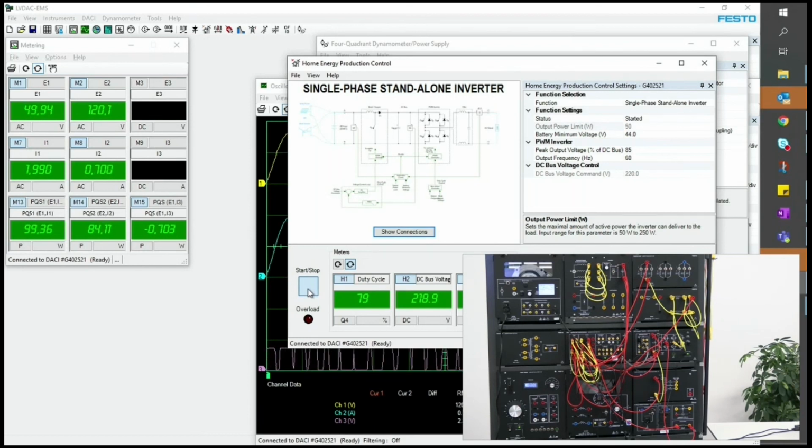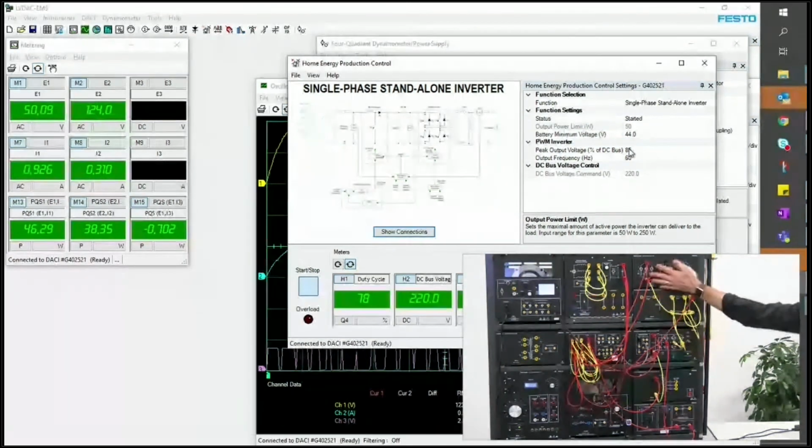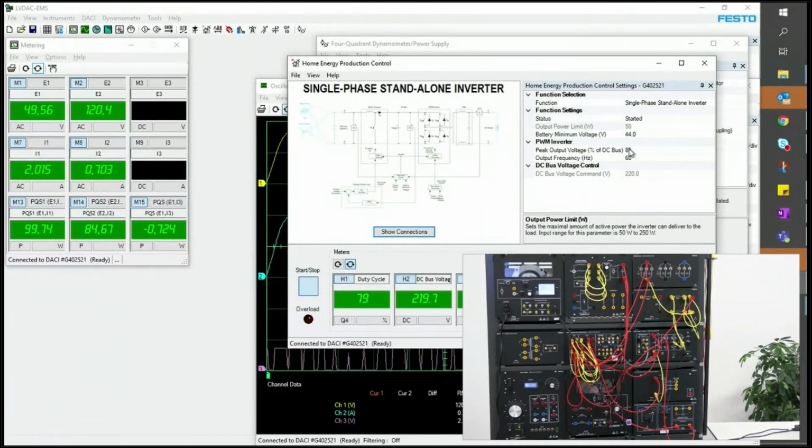So let me shut that down here. So you can see right now that my resistive load is drawing 38 watts from the system, and the system keeps running no problem because this power is lower than the maximum limit I have set at 50 watts. But now if I increase the load here, you will see that after a few seconds,